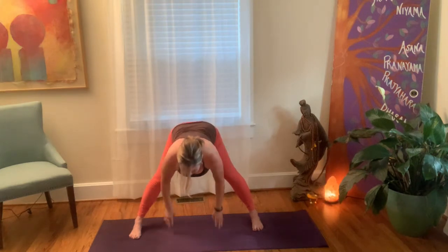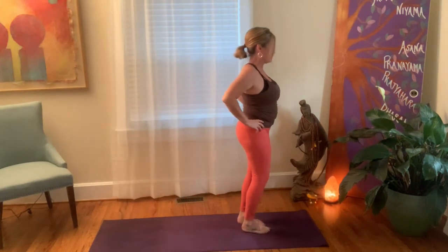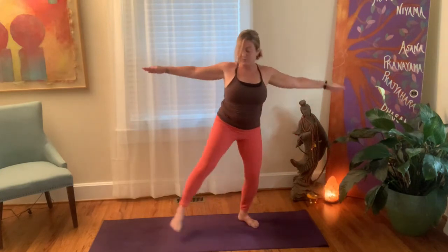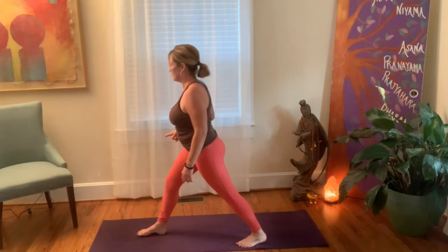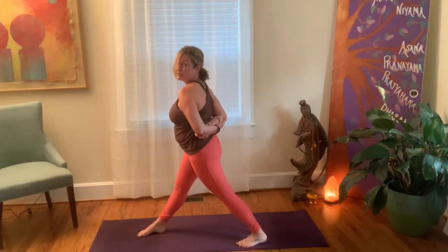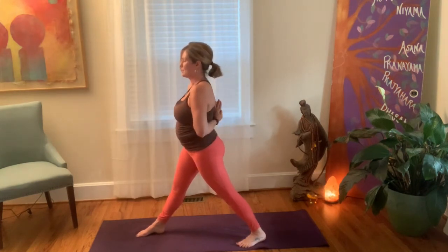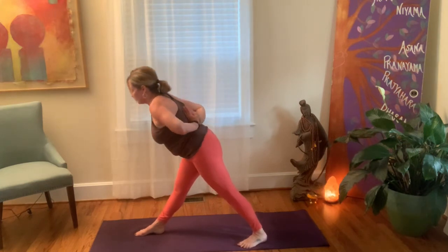All right, inhale, look up halfway. Exhale, hands to your hips. Inhale, lift up. And exhale, step forward to the front of the mat. Good. Inhale, step back with your right foot. Exhale and turn both feet to face the back of your mat. You can bring your arms around behind you to hold opposite forearms, or if it works, you can bring your hands to prayer position behind you. Inhale, lift. Exhale, extend forward,